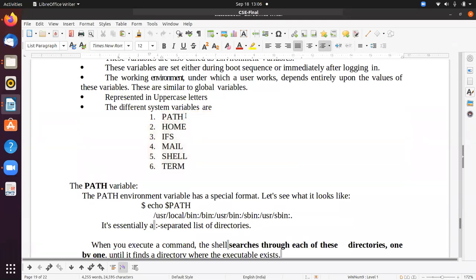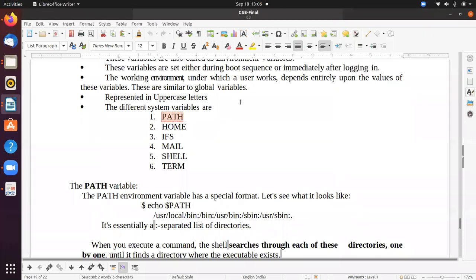PATH is a variable which represents the path in the system. It searches through a list of directories. If you give a command, the Unix operating system can search in those directories.